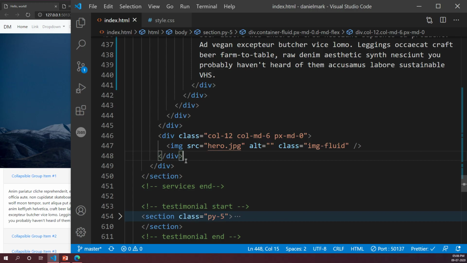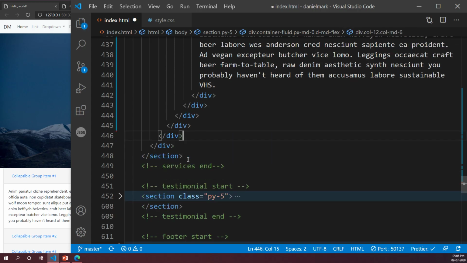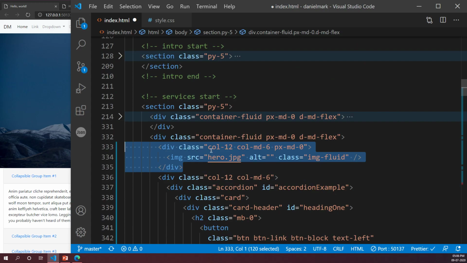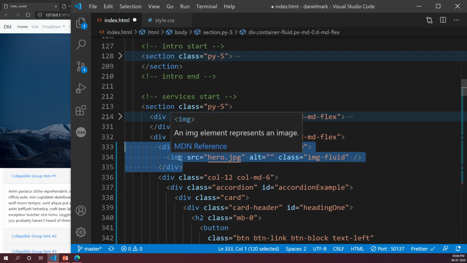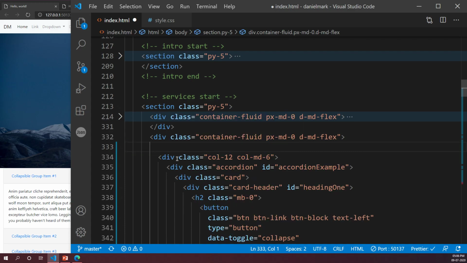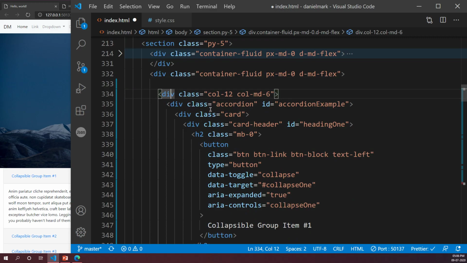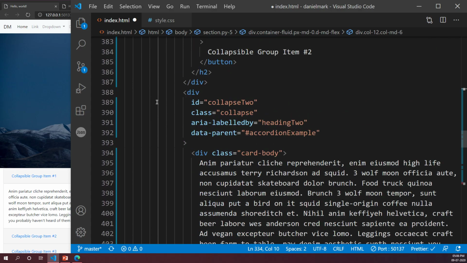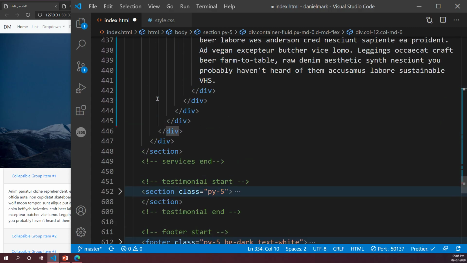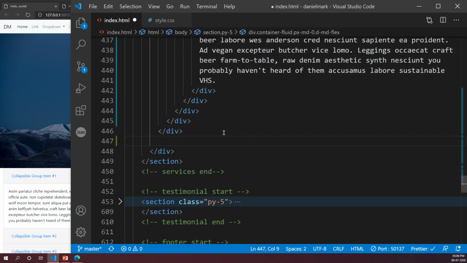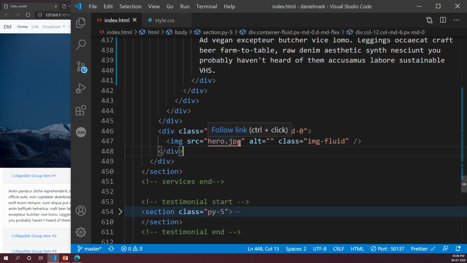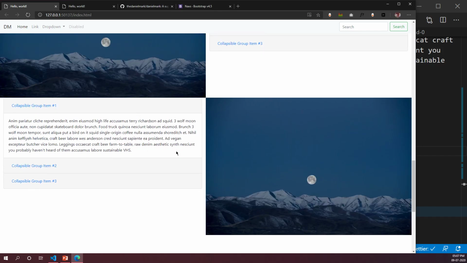Okay, I'll do that once again for her. On your second container fluid, I want you to copy this first column. Just select it and cut it. Once you cut it, click on this div over here, what's supposed to be the second column. This gray line will highlight. Scroll all the way down till you find the ending tag, right here. Right below the ending tag, paste it in. So now they interchange places. All of you follow?